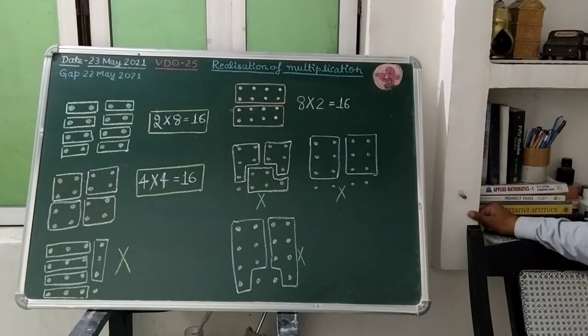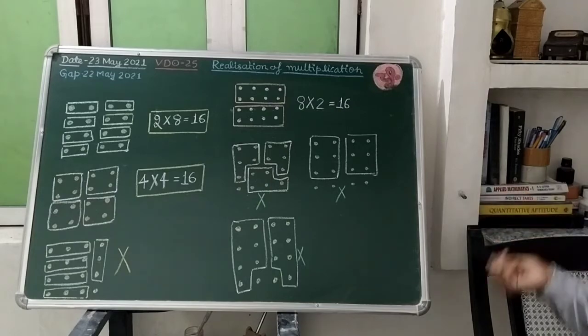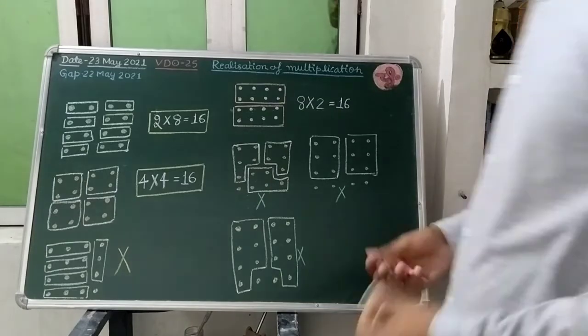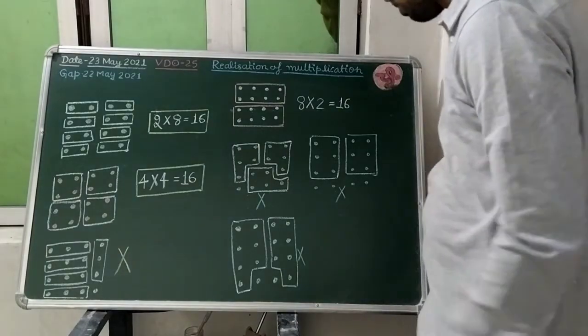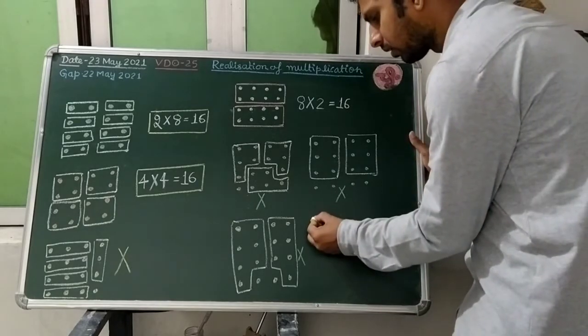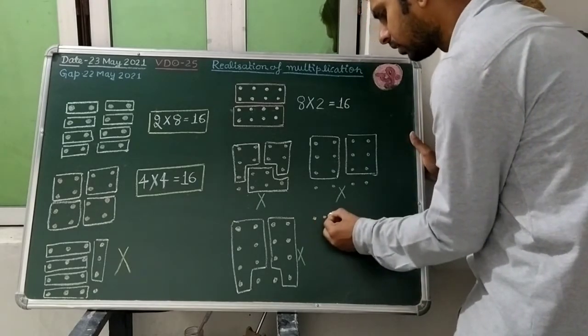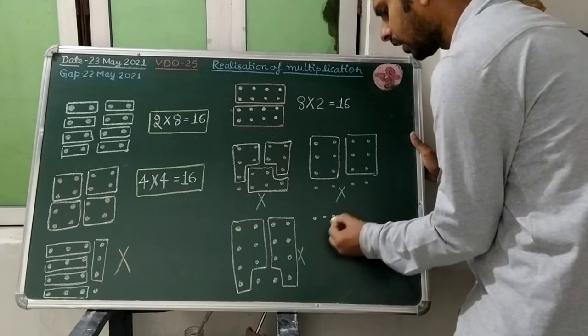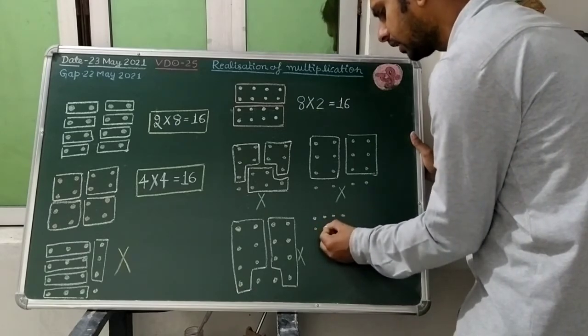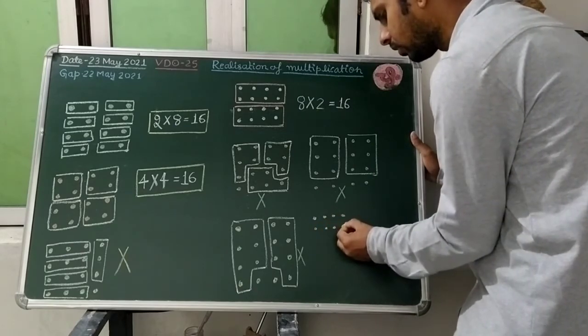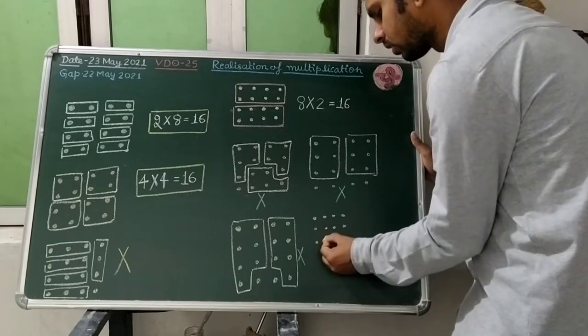And if you are going for that 9, 10, 11, 12, 13, 14, 15, so you will find that now some dots will be left in that case. Of course, students, we can talk about all the dots. If we have an array of 16 dots, so of course, can we make